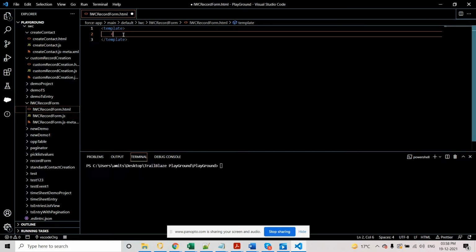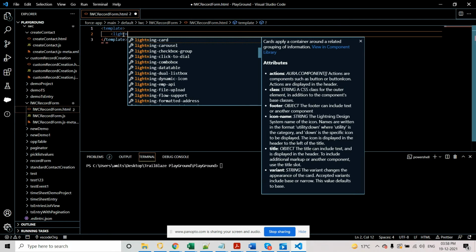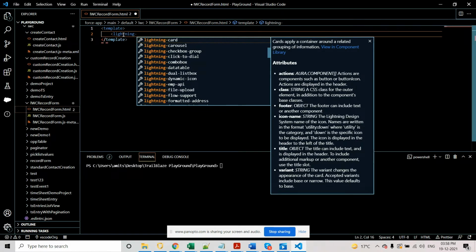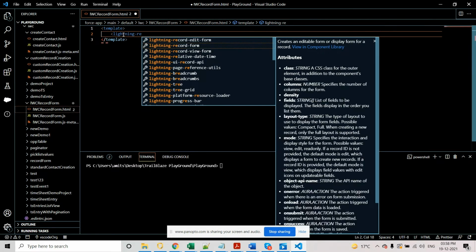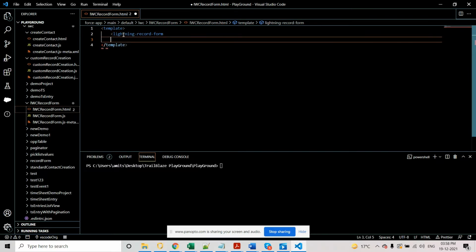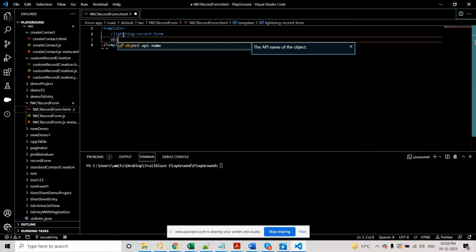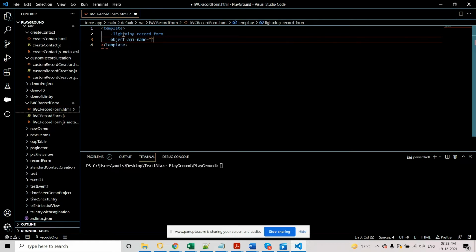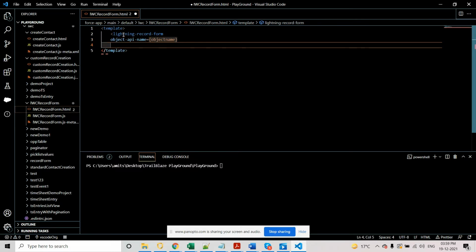So we need to type lightning record form, and then we need to provide the object API name, type OBD. And we need to view a form, so for that purpose we need to provide a record ID also.